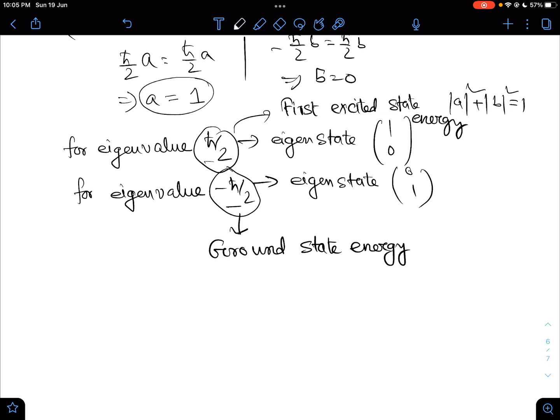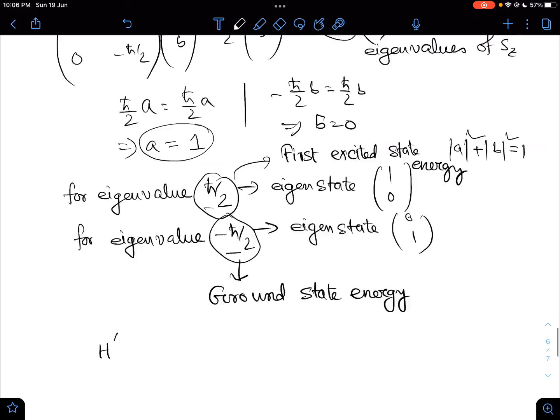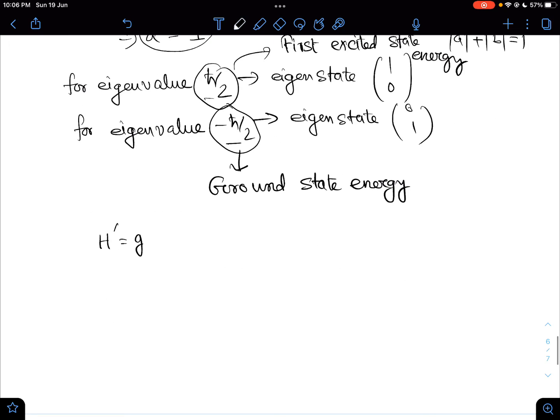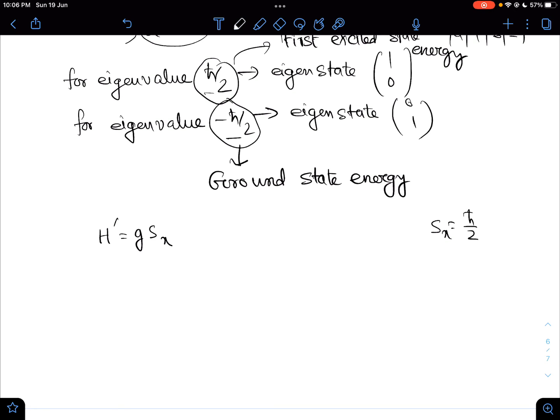And now we are applying a perturbation, which is G Sx. So this is our perturbation. Now we know that Sz in the basis of S square and Sz can be written as h cut by 2 times 1 0 0 minus 1. Okay, so this is not Sx, this is Sz. So Sx has matrix representation as h cut by 2 times 0 1 1 0. So this is our matrix representation of Sx in the basis of